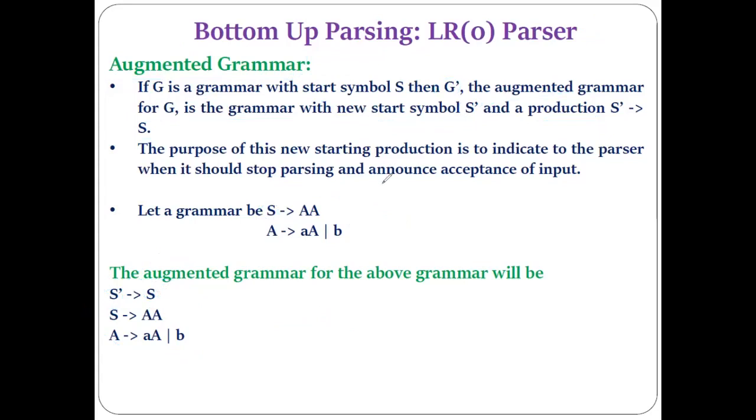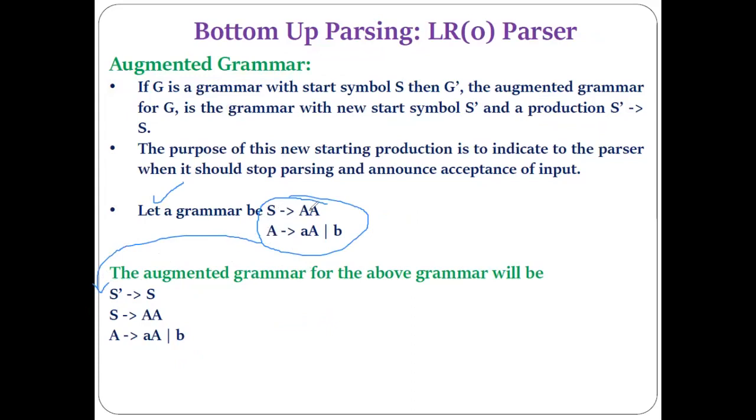So when we are doing the parsing using the LR parsers, any technique of LR parser, it may be LR0, SLR1, LALR1 or the CLR, the first thing you have to do is augment the grammar. Means from the given grammar, you have to generate the augmented grammar. So this is the mandatory or compulsory thing when you are doing parsing using the LR parsers.